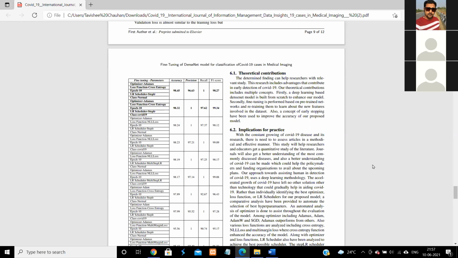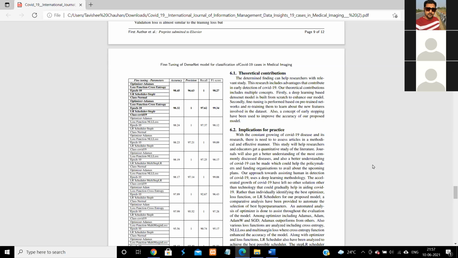Okay? So the theoretical contribution is to add in a new deep learning based model called DenseNet. And second is to retrain it and fine tune it. And we have also worked on bringing the early stopping concept, right, that has helped us to improve accuracy. That is what the theoretical contributions are. Now, when I say theoretical contribution, it might not be like a new mathematical equation we have invented ourselves. So we don't have to do all of that to go into this journal.